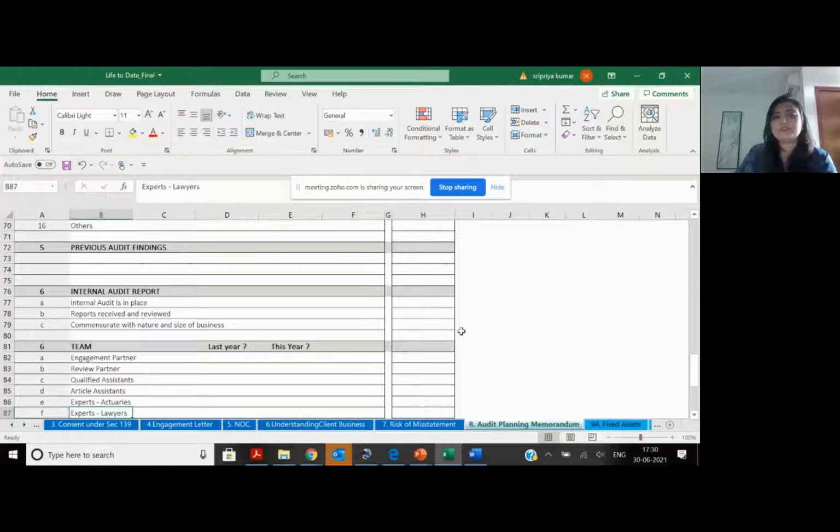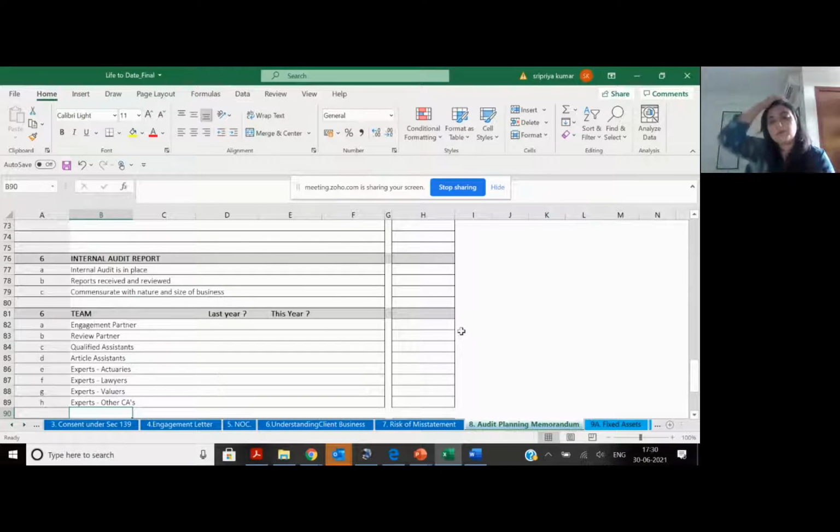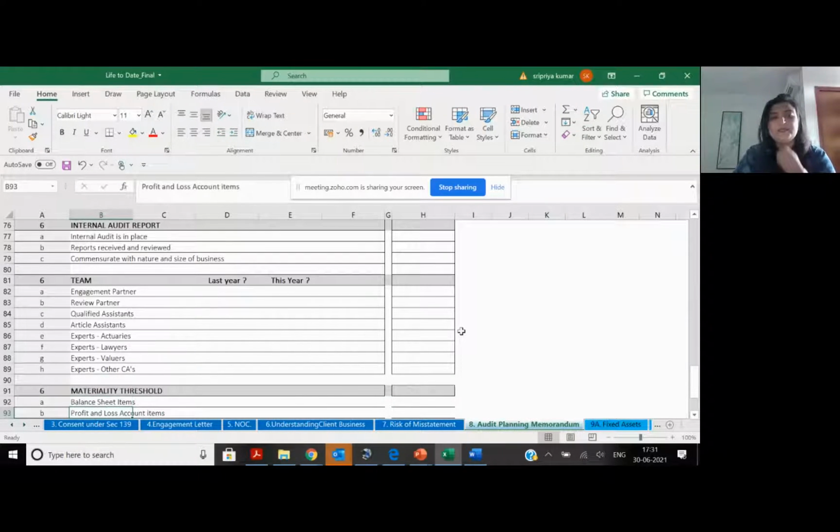Previous audit reports, internal audit. Another very important thing. So if there is no internal audit, then that is also a problem. If the company is covered under section 138, where internal audit is mandatory, it should be there. Again, next year's CARO, they got very smart. The new CARO that's coming, they are saying, is internal audit commensurate? Have reports been received? Have you considered the reports properly? They're asking you 3 specific questions. Currently in CARO, there is no internal audit, but that internal audit clause was there in CARO 2003, which has now been brought back.